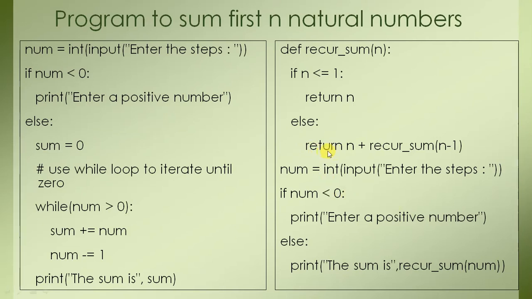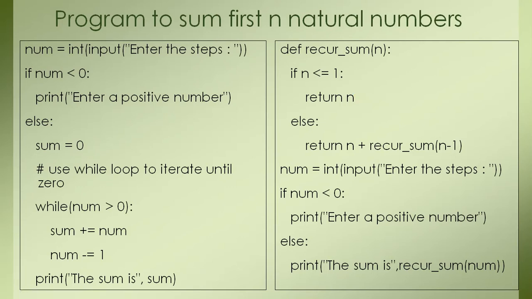That is, a sum of n natural numbers can be represented as n plus sum of n minus 1 terms. So again, this sum of n minus 1 terms will be broken as n minus 1 plus sum of n minus 2 terms. Then again it will be broken as n minus 2 plus sum of n minus 3 terms. So in this order we will be decreasing the number of n, and at last we will be reaching a point where the value of n will be 1, and at that point we will be returning n, that is 1. Okay, and after that the process will start going up.